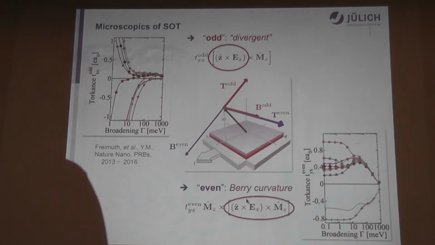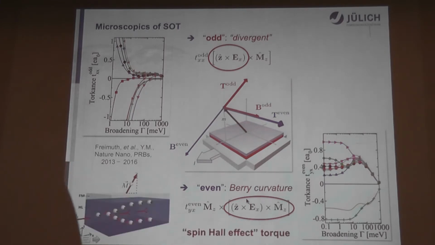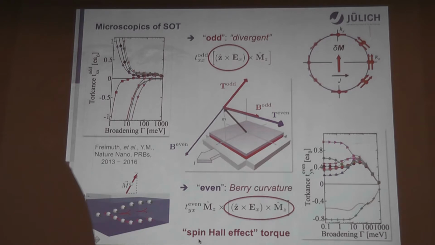However, we can also use our knowledge of the wave functions and the ability to compute various operators in ab initio theory to demonstrate that the even Berry curvature part of spin-orbit torque actually largely comes from the spin Hall effect, which is generated in the substrate, while the other part of the torque is largely dominated by interfacial effects, in particular spin accumulation, which is known as the Edelstein effect. Therefore, we call it an Edelstein effect torque. And I think some of you have also heard this in the talk of Hayashi Sinova.